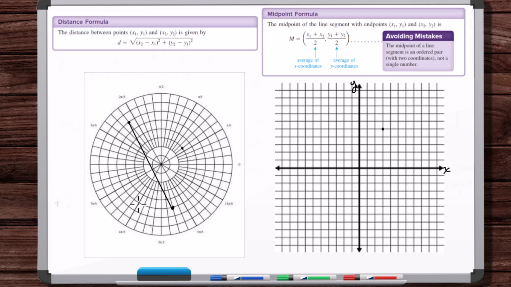Well, you can Google it. If you find a good reference, there's going to be a distance formula in polar coordinates. Instead of x2 and x1 and y2 and y1, you'll have r2 and r1 and theta 2 and theta 1. Plug those numbers in, and you have the distance between any 2 points. And same with the midpoint formula. This just applies to rectangular coordinates, but there's going to be a formula for any coordinate system where if you've got 2 points